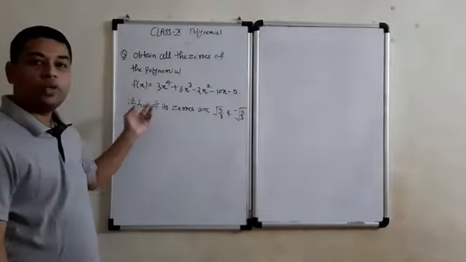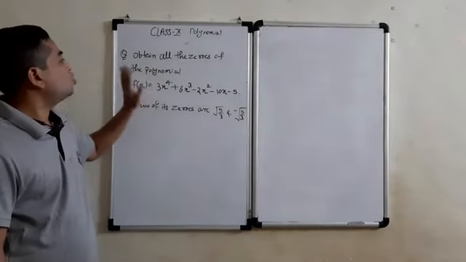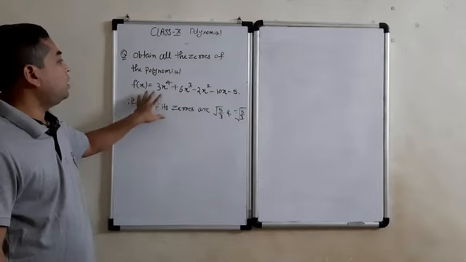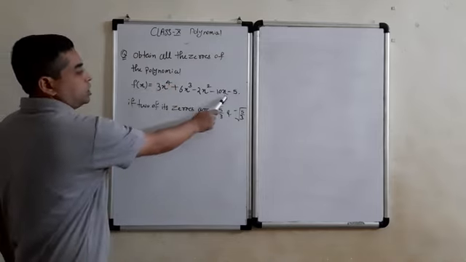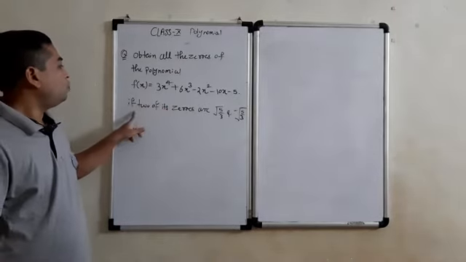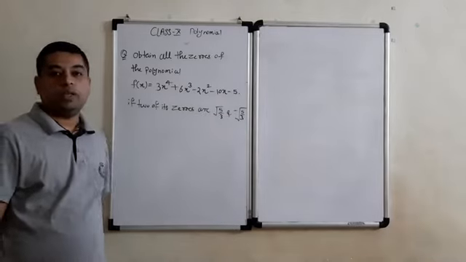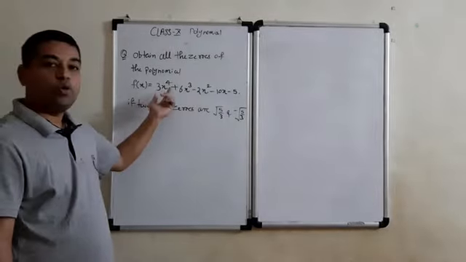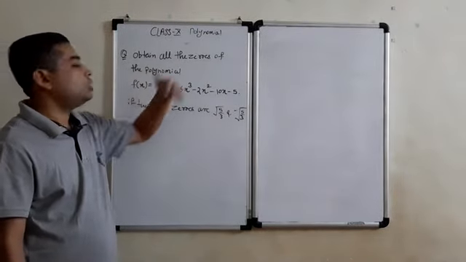Today we will see one important question of polynomial. Obtain all the zeros of polynomial 3x raised to the power 4 plus 6x cube minus 2x square minus 10x minus 5. So this is the polynomial of degree 4. If two of its zeros are root 5 by 3 and minus root 5 by 3, means this is the degree 4 polynomial and two of its zeros are given and obtain all the zeros, and we have to find